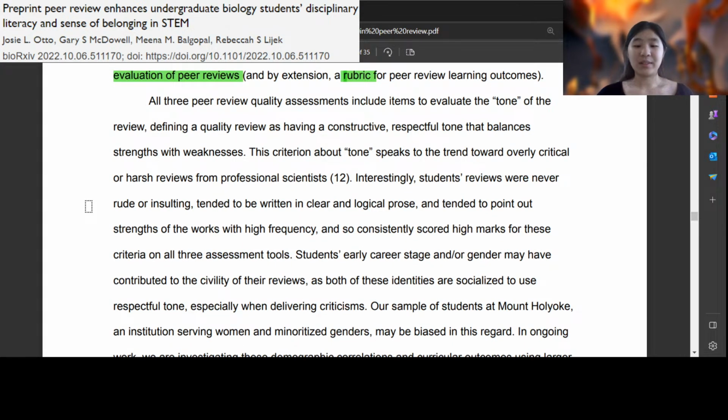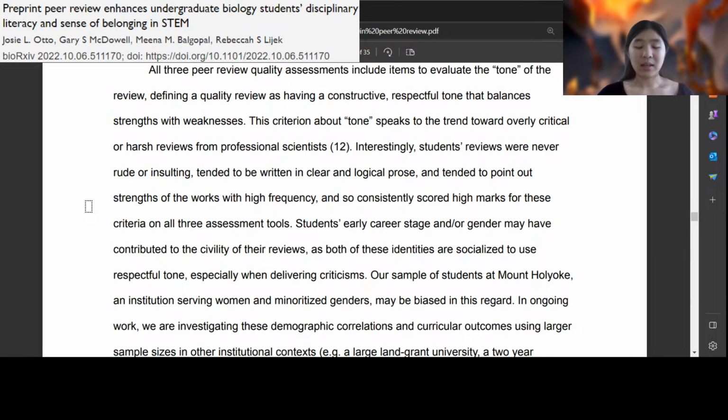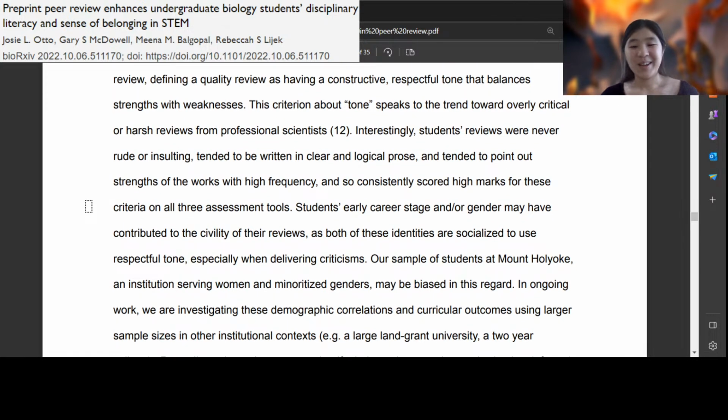Students' early career stage and/or gender may have contributed to the civility of their reviews, as both of these identities are socialized to use respectful tone, especially when delivering criticisms. So basically, because students are students and not professionals, they tend to be more careful with how they give feedback and critique, since they know they are critiquing like a professional researcher, so they want to be a bit more respectful. Now, earlier,